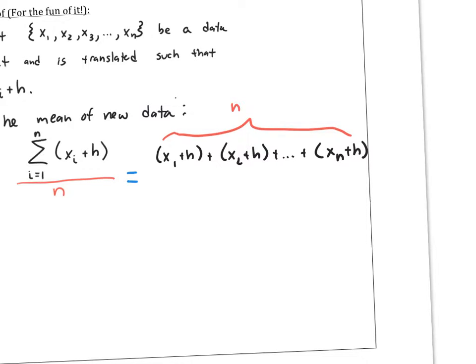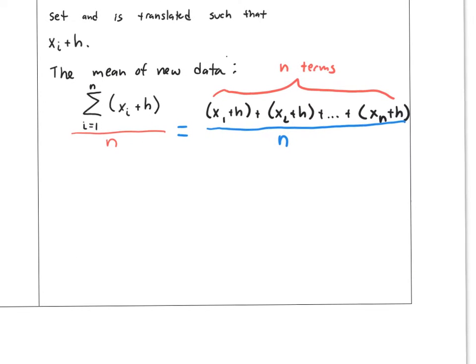There are n terms, or n elements there. And of course, we're dividing by n. That's what average means. That's what the mean means. We just add each element all the way up until we get to the last one, and then we divide by the total number. Okay, now of course, if you recall the commutative property and the associative property, since everything here is adding,